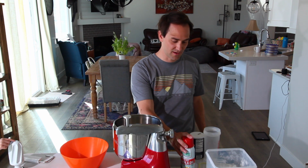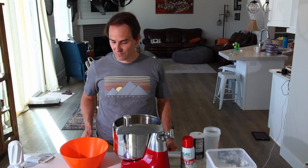So there are a couple things that will make your pizza dough sloppy. The flour, right? If you don't get enough flour in there, or if you're using a certain type of flour that doesn't absorb the water, or does absorb the water, that will determine a lot on your pizza dough stickiness. One of the things I used to do is make my pizza dough with just 3.5 cups of flour, and then add 16 ounces of water, and that's a crazy ratio right there, and my dough would be